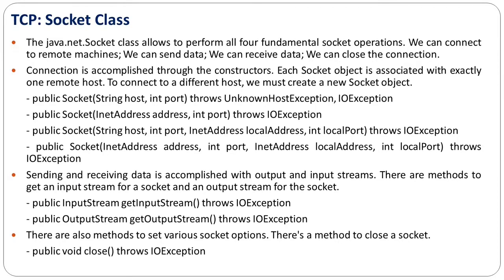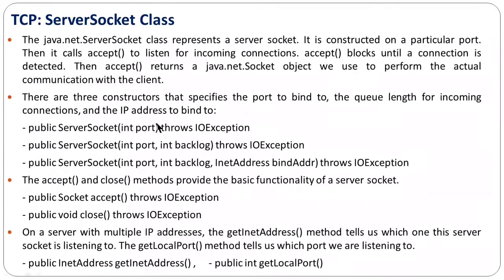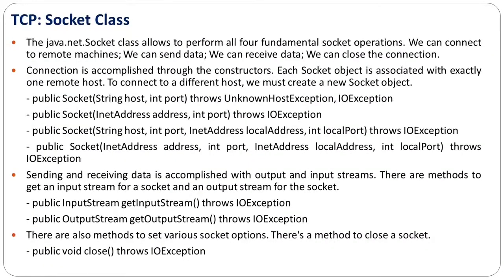To create a socket, we need to use the constructor, and the constructor comes in four flavors, as indicated here. The first constructor takes a String host argument and a port number, likewise InetAddress and port number. Each socket constructor throws UnknownHostException and IOException. If the connection is not established, it may throw an UnknownHostException, which means the machine to which we want to establish a connection is not available. At the same time, if I/O fails, then an IOException will be thrown. So by using the socket constructor, we can establish a connection with a machine.